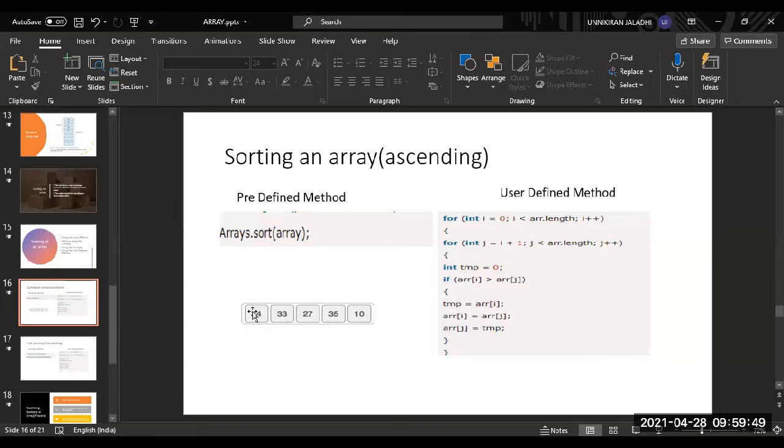If it is greater, it will be swapped. If it is smaller, it won't be swapped. These conditions are checked over here. This is the linear way: adjacent elements will be swapped if the first is bigger.